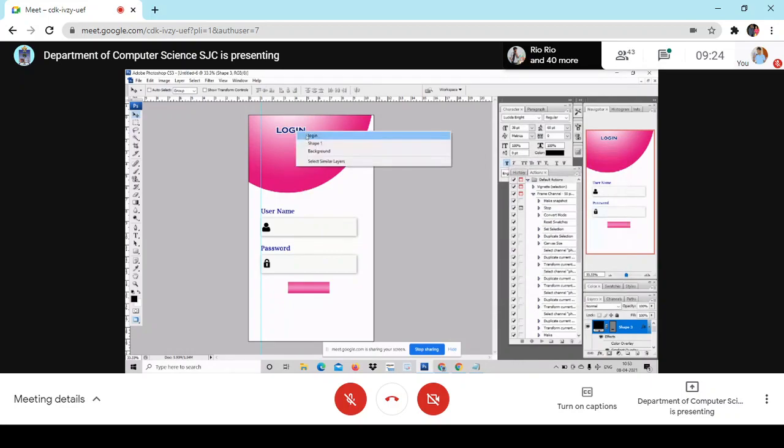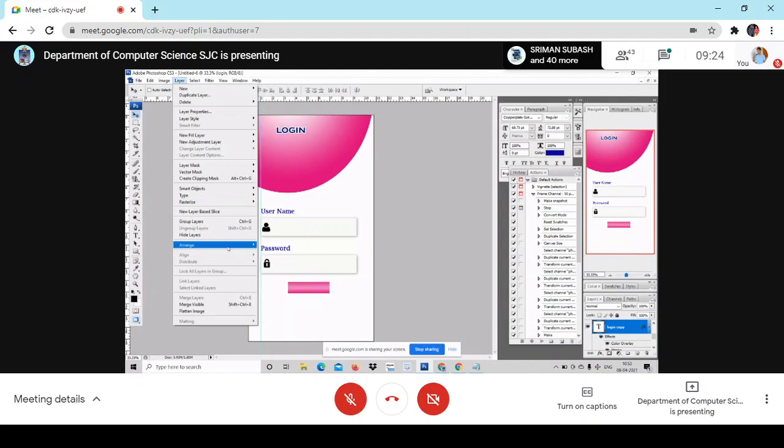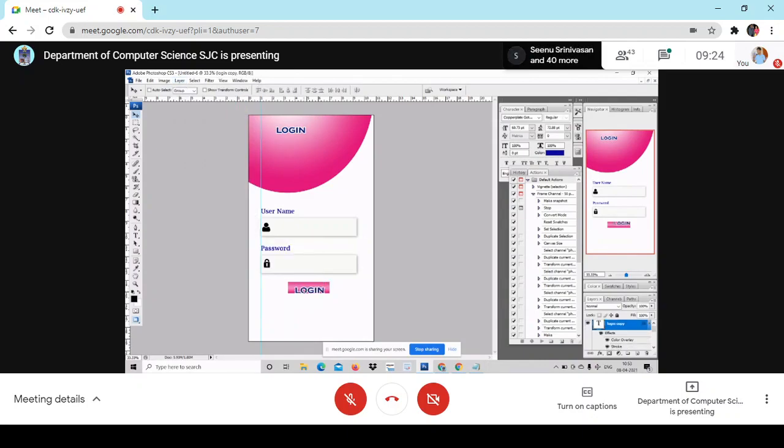Now the same login, I just copy it and put it here. Bring it to the front. Keep it a small letter. Don't keep it in a bigger letter. Small one. Okay, you can keep it here. Or you can also keep it like this. For example, sign up using.